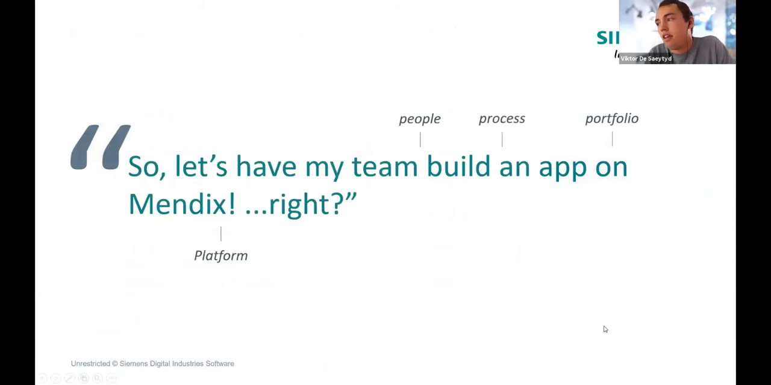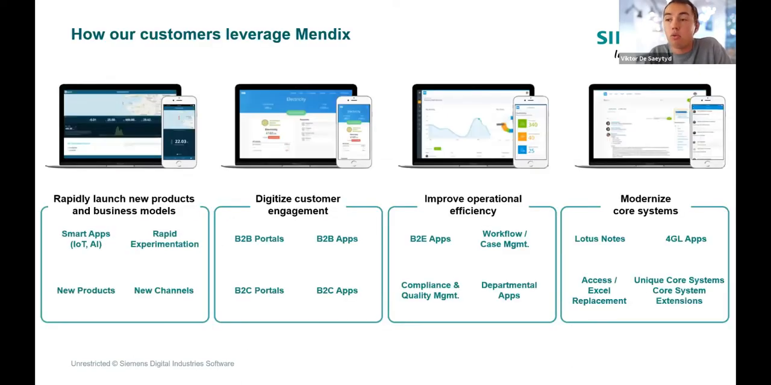So let's have my team build an app on Mendix, right? Let's go into the use cases now. What are we actually building with Mendix? Well, when we talk about Mendix, we see mainly 4 categories of applications which are built with Mendix. And the first one is to rapidly launch new products and business models. So if we talk about new technologies such as artificial intelligence, but also IoT, with regards to our Mindsphere platform, we